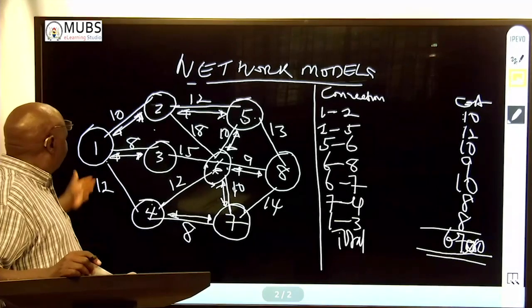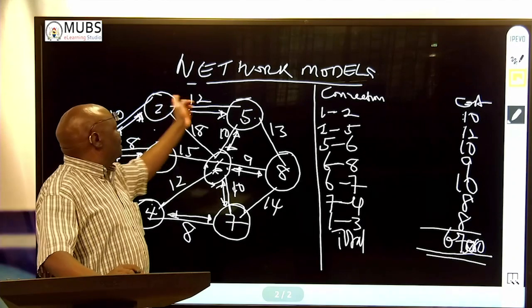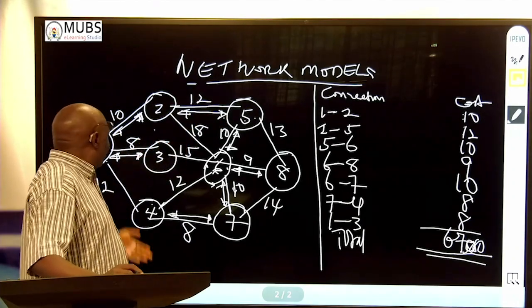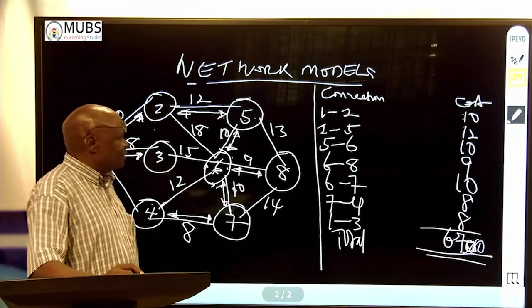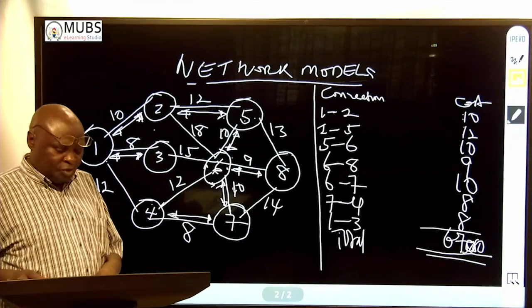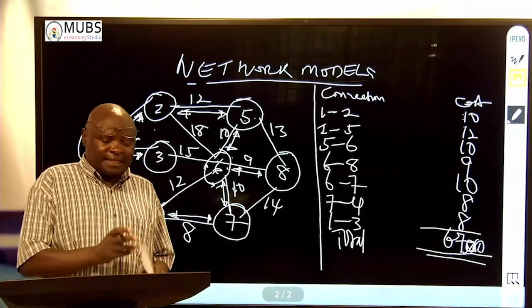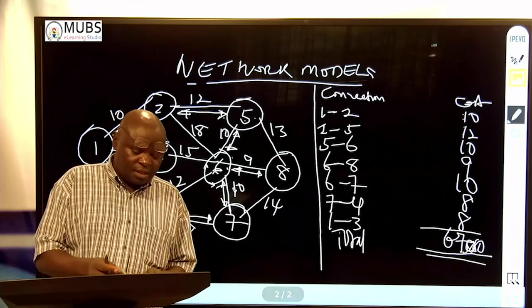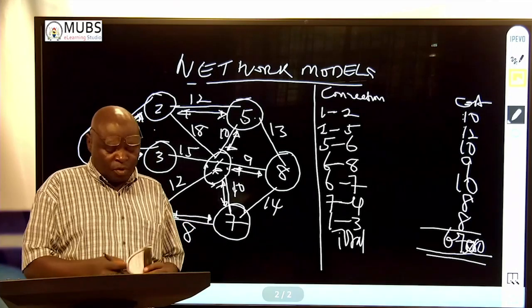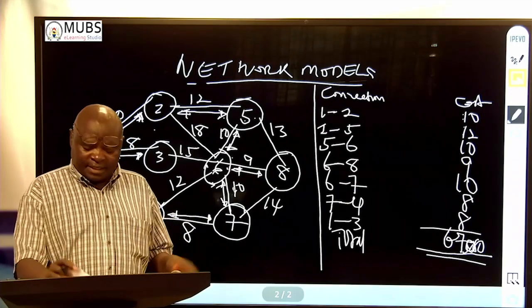Whichever way you use, even if you had a tie, like the other time, instead of moving this side, if you had moved here, you would still get the solution of 67, although the connections would be a bit different. So that's one of the techniques that is used in this modeling, network modeling. The next technique is what we call